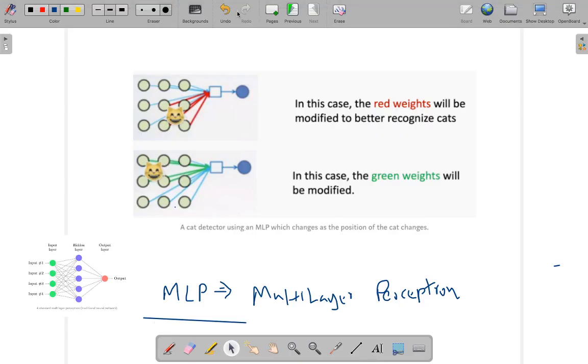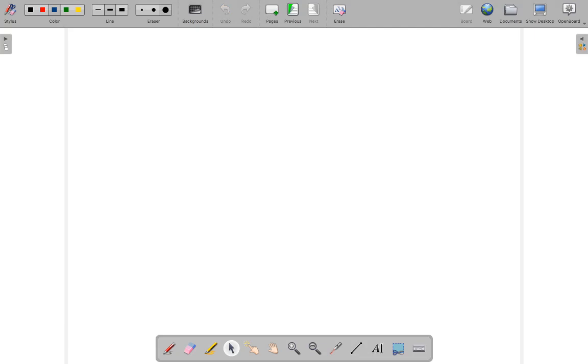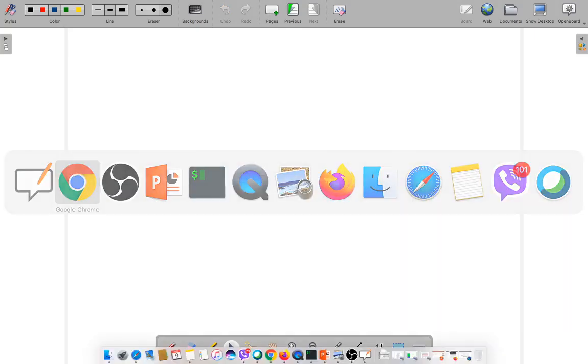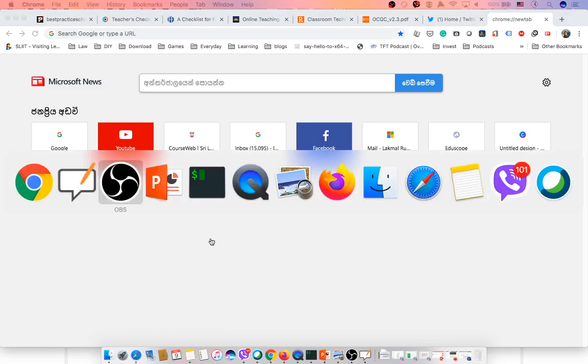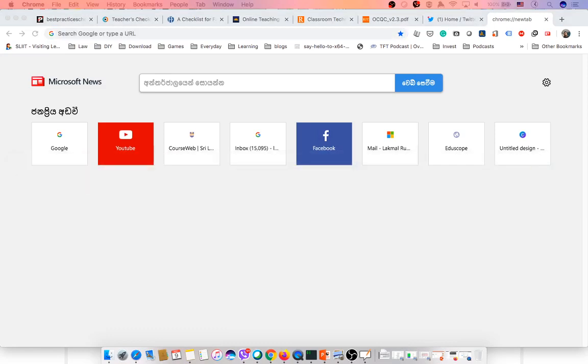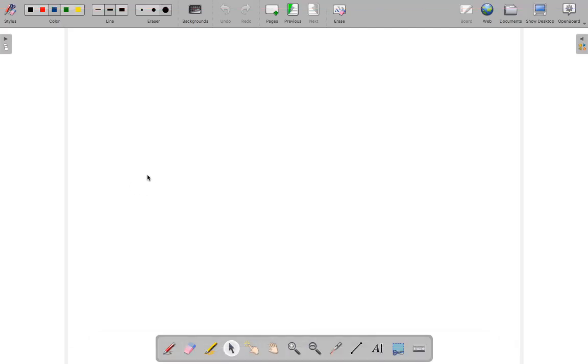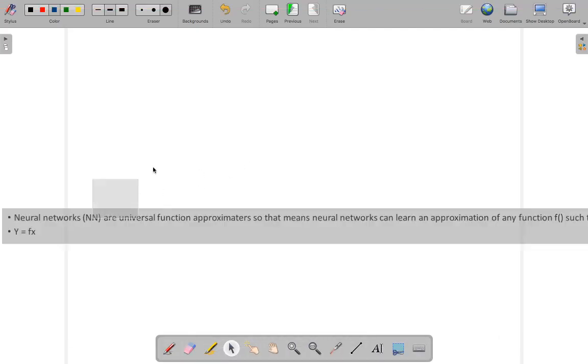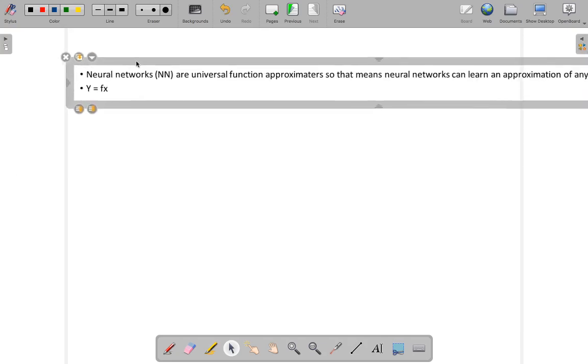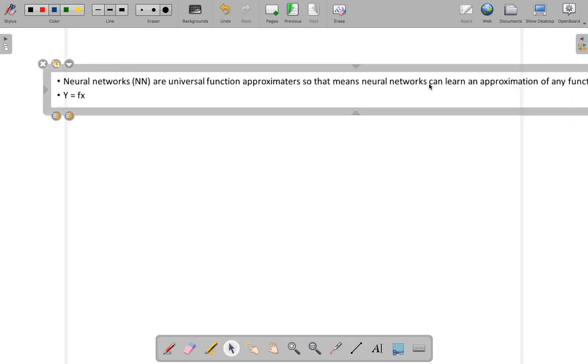And now we'll jump in to understand what a convolutional neural network is, right? So okay, let's start discussing that. First of all, you have to understand any type of neural network does something called function approximation, right? So what it does is something called function approximation. So as you can see,